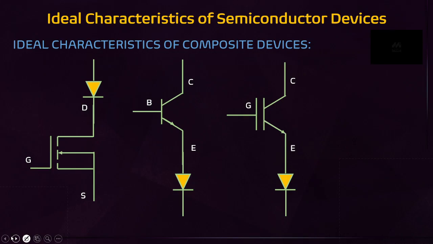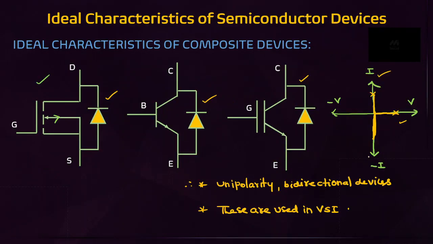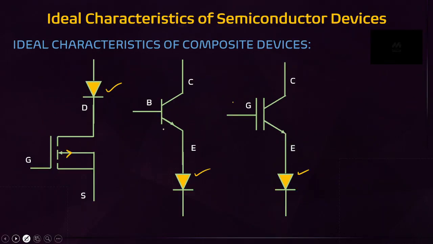Next, again, what are the ideal characteristics of composite devices? But here it is a series diode. Easy to remember. Up to the transistor first quadrant, if there is any series diode present, extra it blocks the voltage. Anti-parallel diode, extra current. Series diode, extra voltage, friends. You can easily draw the characteristics. How to draw the characteristics? You have to concentrate.